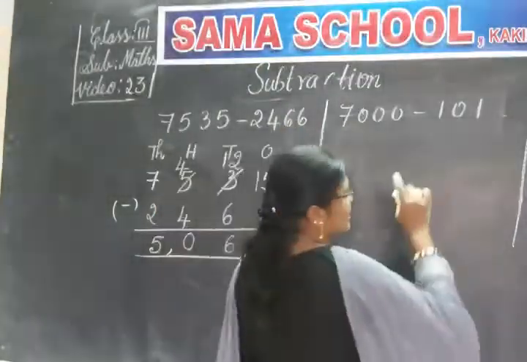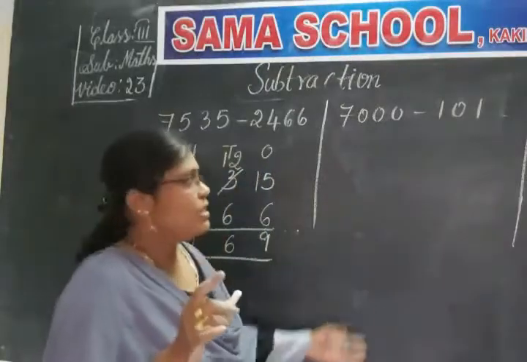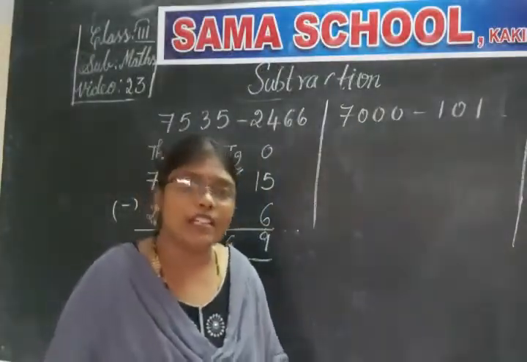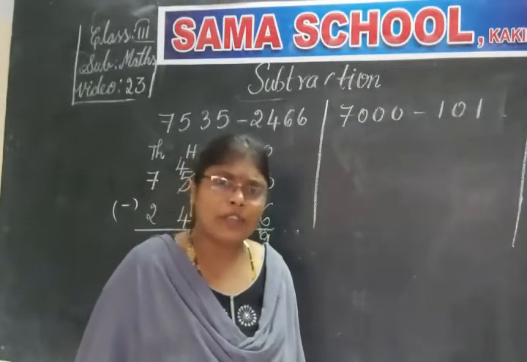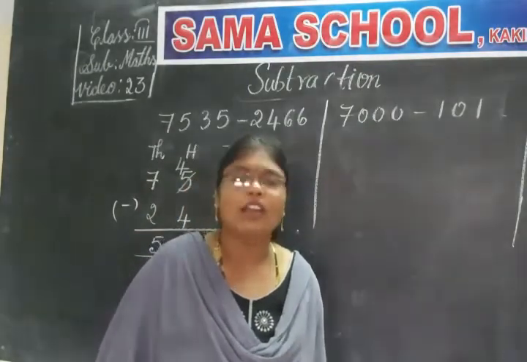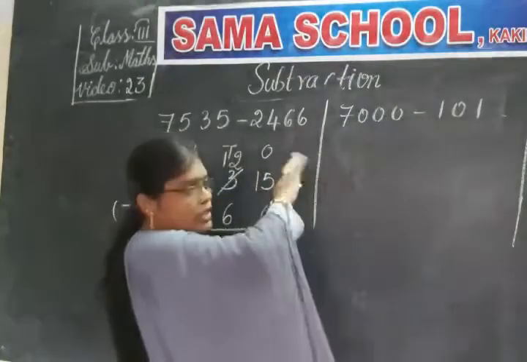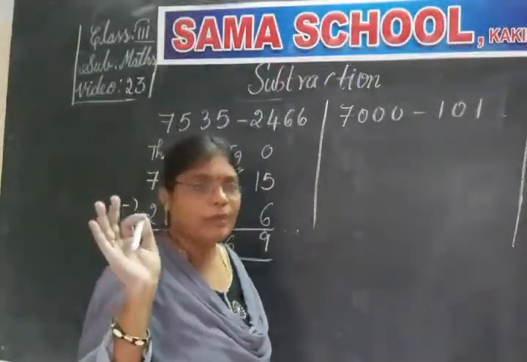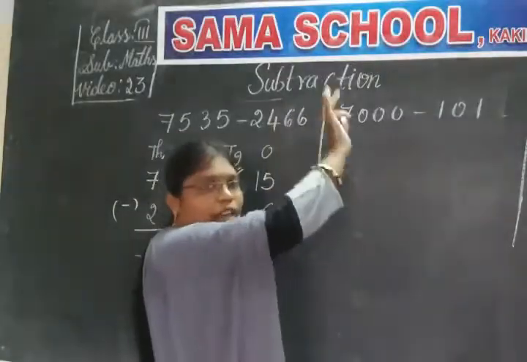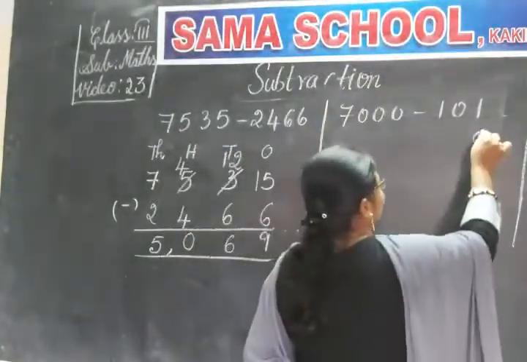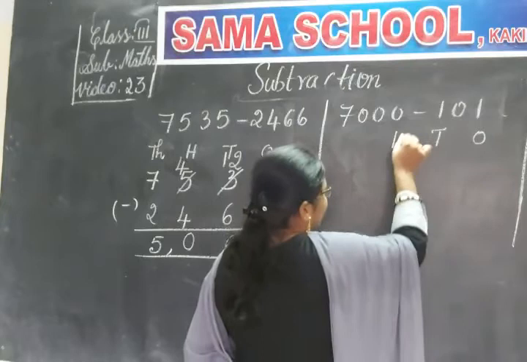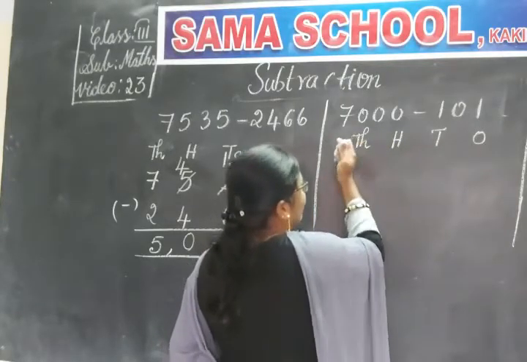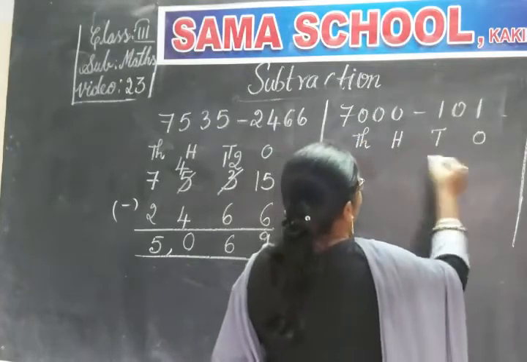First you have to write the place values. See, here we have only 3 digits and here we have 4 digits. So how many place values do we have to write? Can we write 3, will it be sufficient? No. We have a 4-digit number, so write the maximum number of place values. That is ones, tens, hundreds, thousands. So you can happily write 7,000.